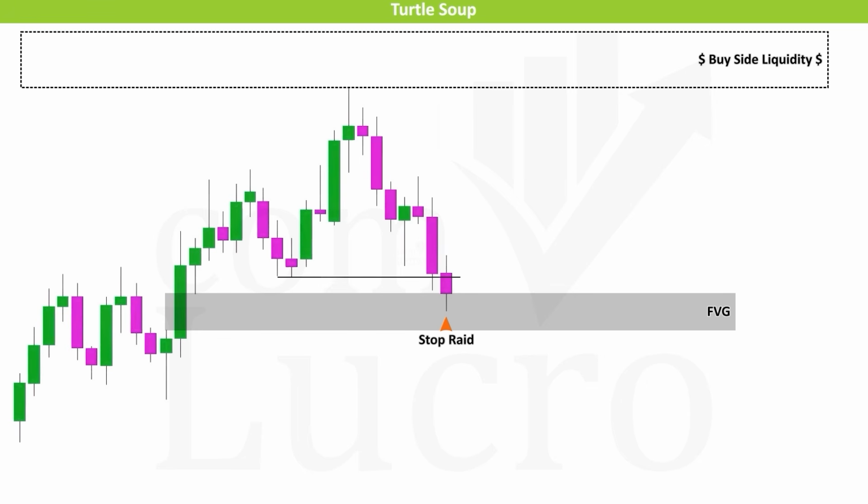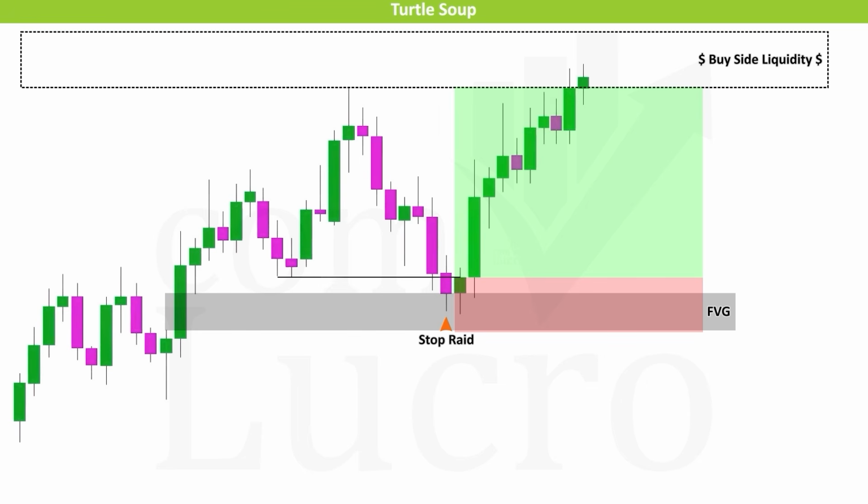liquidity below the swing low and then observe signs of rejection near the fair value gap. The key is patience. The liquidity raid below the low is designed to trigger sell-side stops and trap breakout sellers. Once price returns back inside the prior range after the raid, we can execute a buy position with our stop loss placed safely below the manipulated zone. From there, we target the next significant level ahead of price, typically a liquidity pool or structural high aligned with